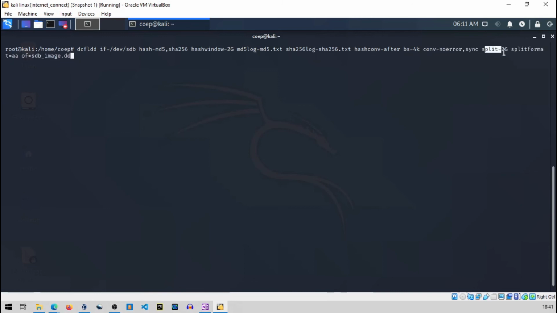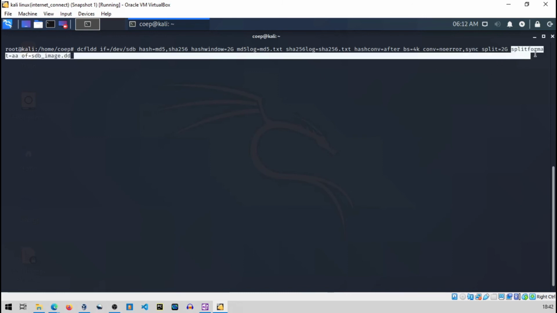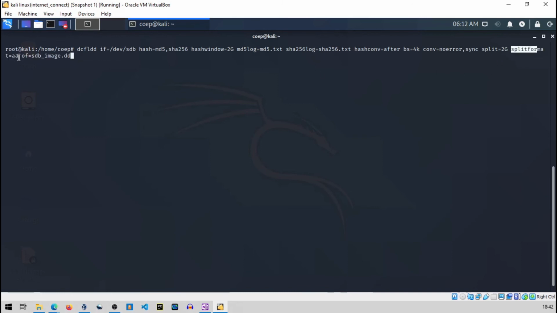Split equal to 2G means one split will be of size 2GB. So for my 8GB pen drive I need 4. You can see split format, this is quite important. Split format equal to aa. What does aa mean?